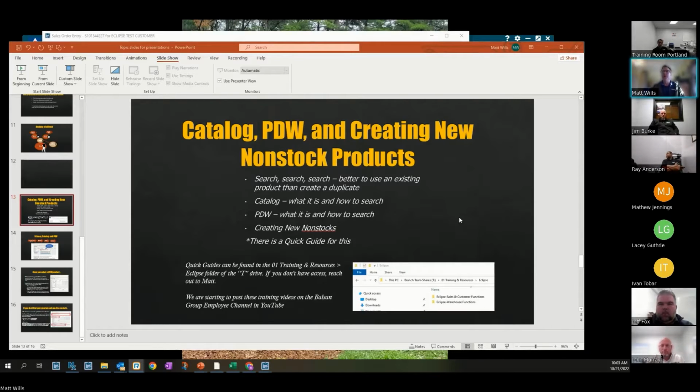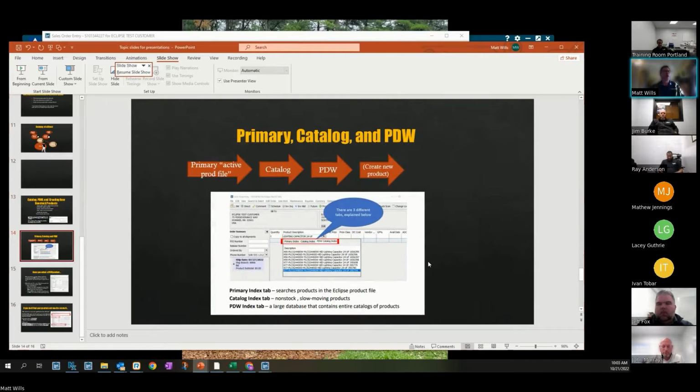But when you're in a sales order and you're doing a search on a product by the model number, Johnstone part number, part of the description, whatever, Eclipse is searching what's called the primary index. I sometimes just call it the active product file. But then I think, as most of you know, behind that, or in addition to that, we also have products that are in catalog, and then there are also products in